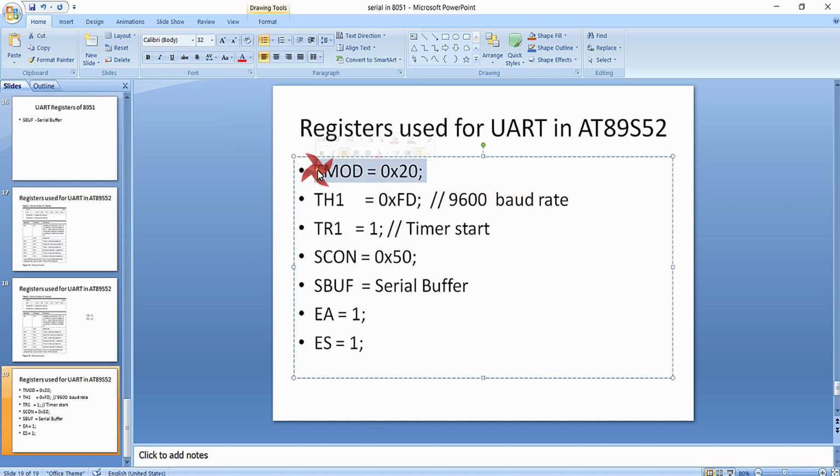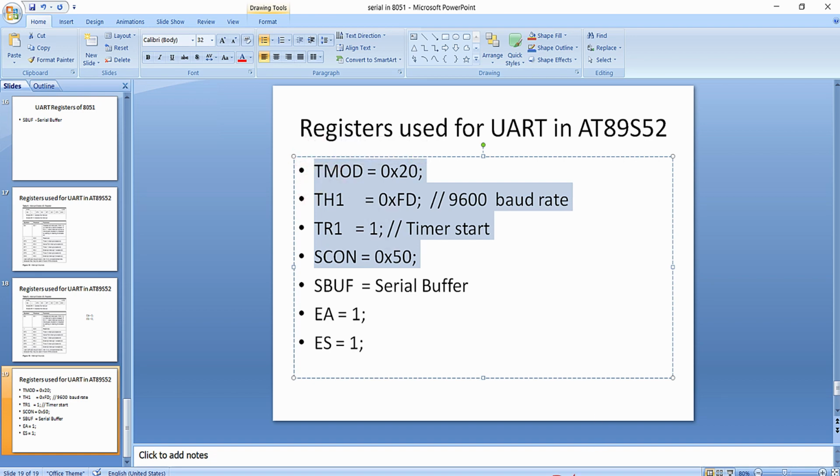Here I am configuring and running the timer, which is useful for setting the baud rate for the communication, and we are setting the baud rate to be 9600 by loading the data of 0xFD to the TH1 register of the timer. Thirdly, we are running the timer, that is, we start running the timer, and fourthly we are configuring the UART communication with mode 1.